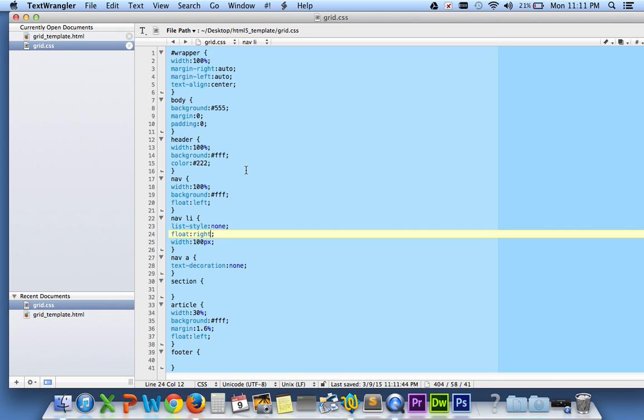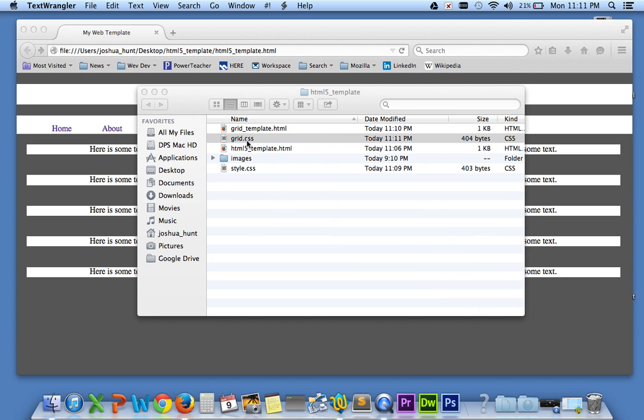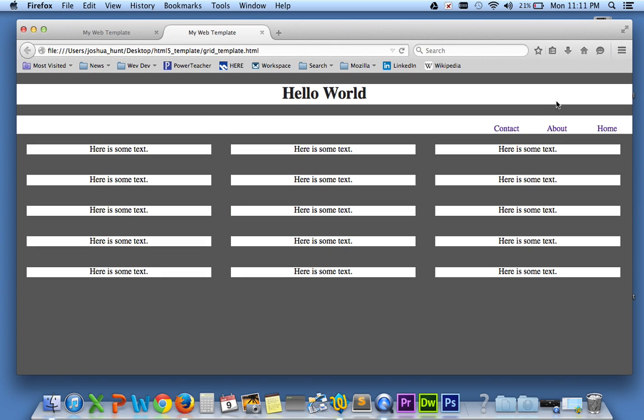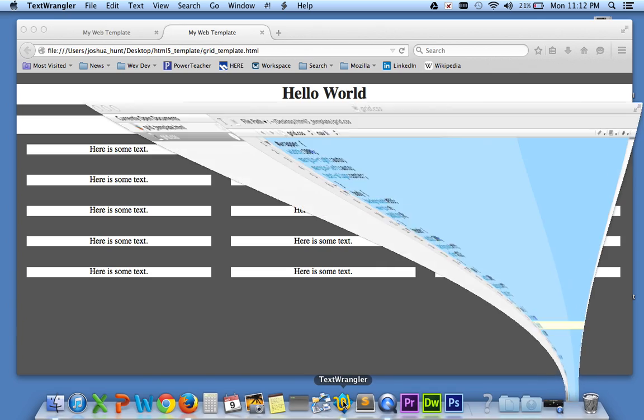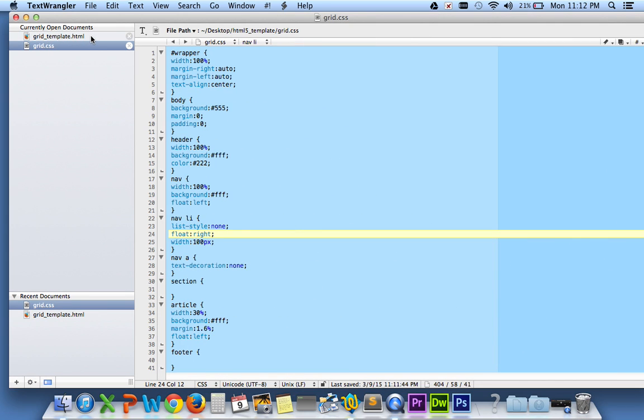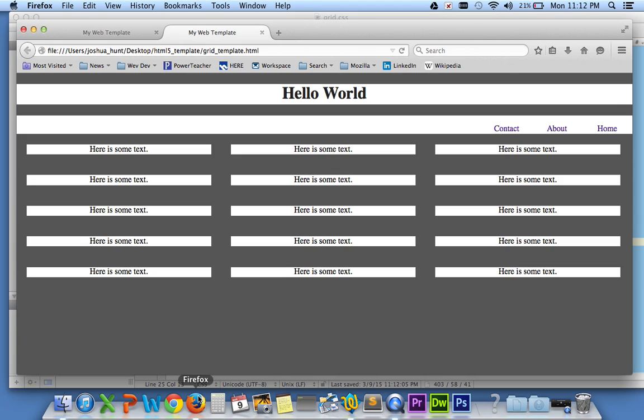Okay, just to see what happens. Oops, here we go. So float it to the right. So you float it to the right, stuff goes all the way over to the right. Okay, go in here and play with it and see what happens. Don't be afraid to break it, because that's how you learn. Remember,